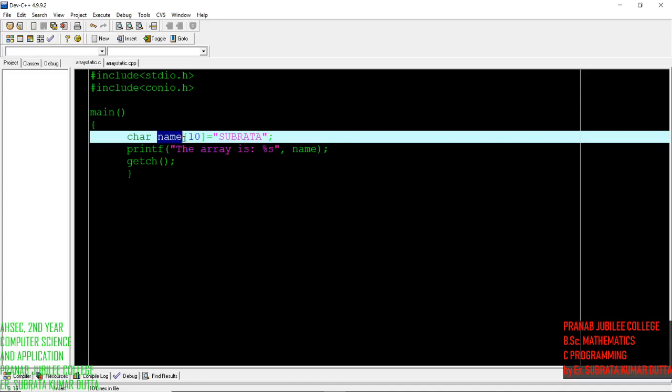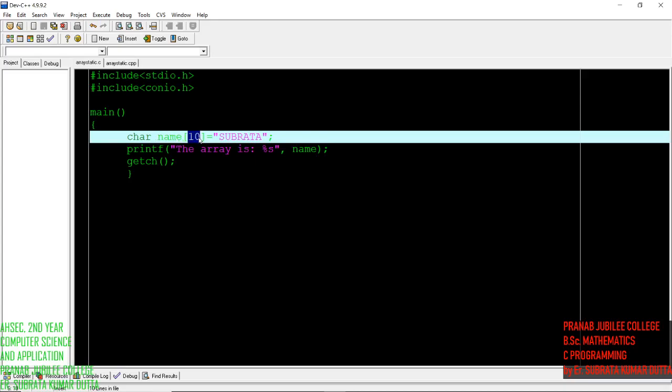So the array name we have given is name, because I am storing my name. The array size I have given is 10.